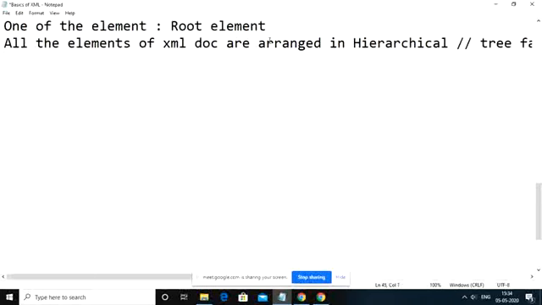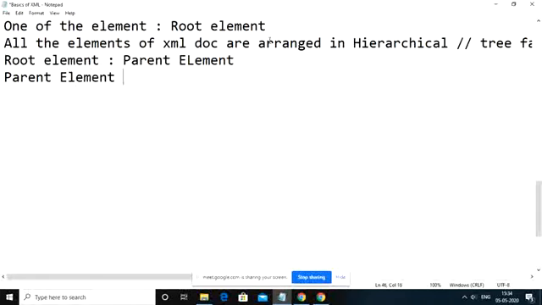That is the reason one of the elements from those multiple elements we call the root element. That root element we generally call the parent element. Every parent element will have either a single child or multiple children. So a parent element will have a single or multiple child elements. The parent element we call the root element of the document, and from the root element you will have branches towards your child elements, which we generally call leaves here.